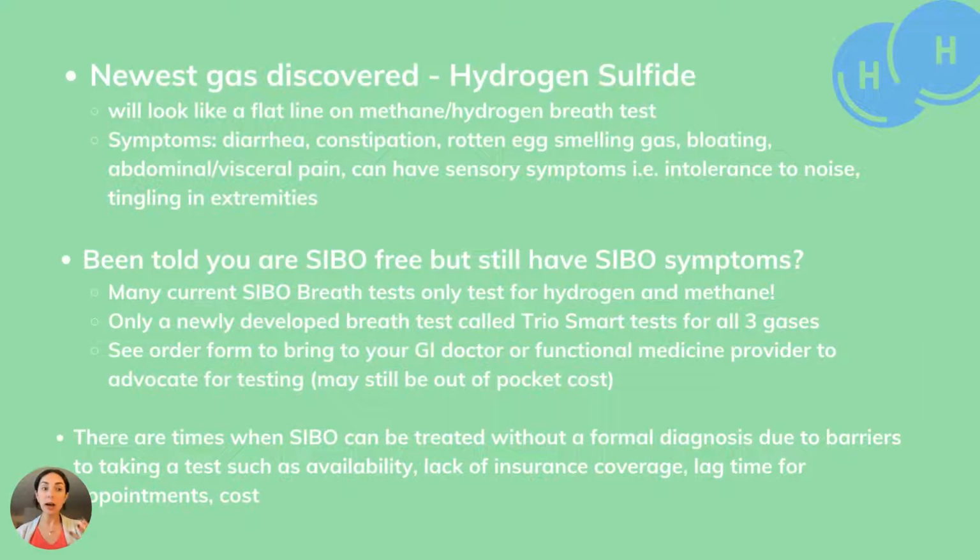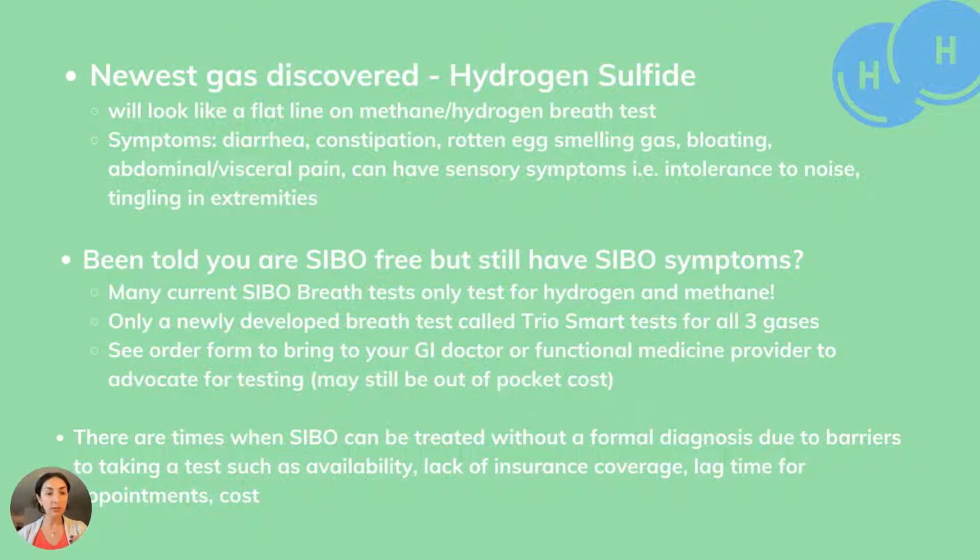And like we said before, hydrogen sulfide is a newly discovered gas. It may look like a flat line on a regular methane hydrogen breath test, but now they are using a Trio Smart breath test, which will then look for all 3 gases. But in the past, it usually was recognized by symptoms, like a rotten egg smelling gas, definitely bloating, could be diarrhea or constipation, abdominal pain, and the visceral pain that comes with SIBO,